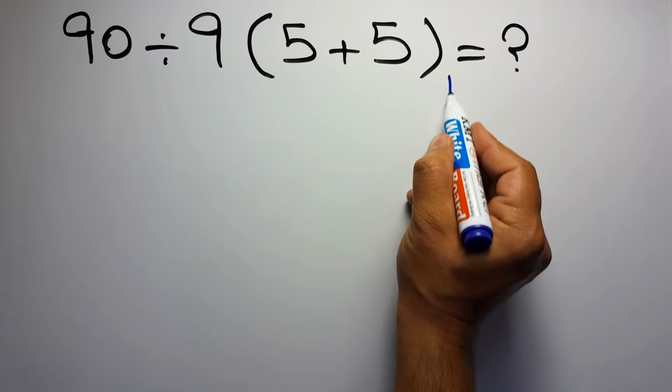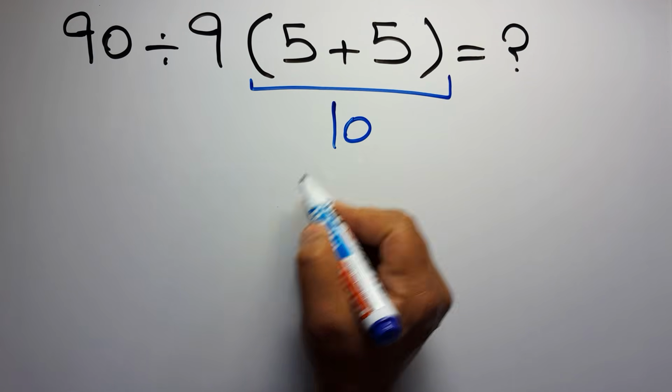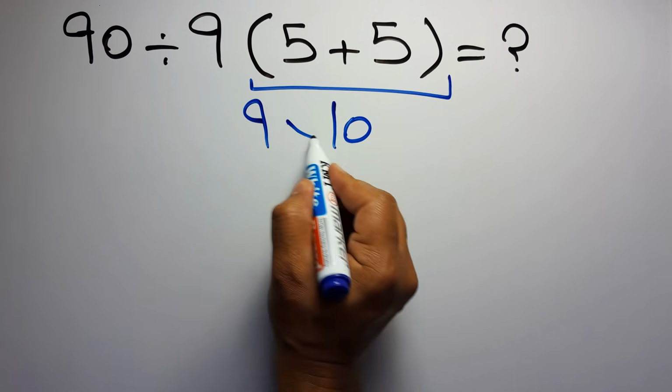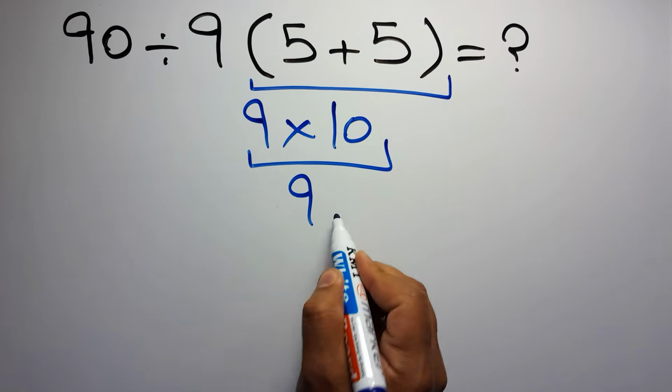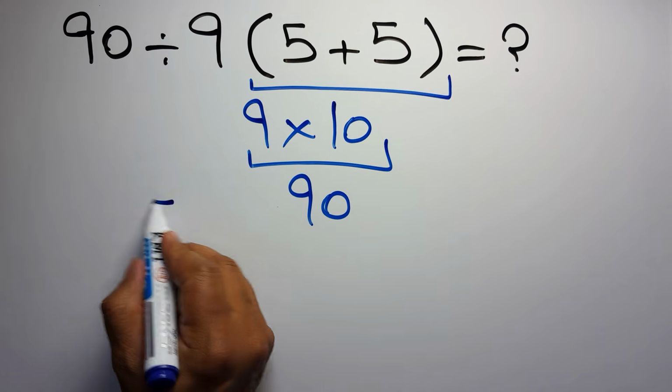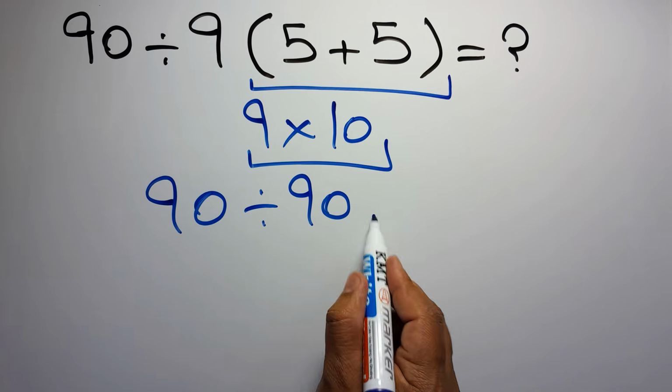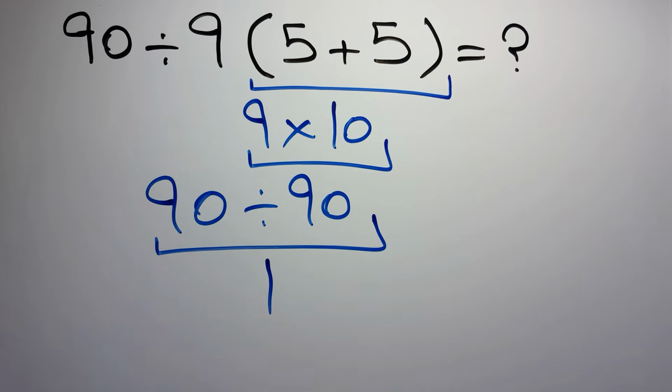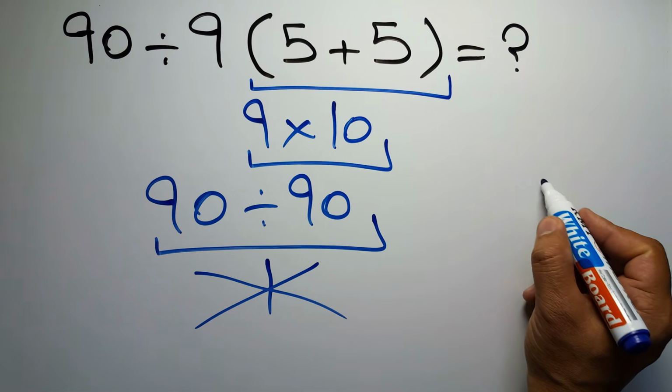5 plus 5 gives us 10. And the 9 times 10 equals 90. So 90 divided by 90 is just 1. But this answer is not correct because according to the order of operations, which is PEMDAS,